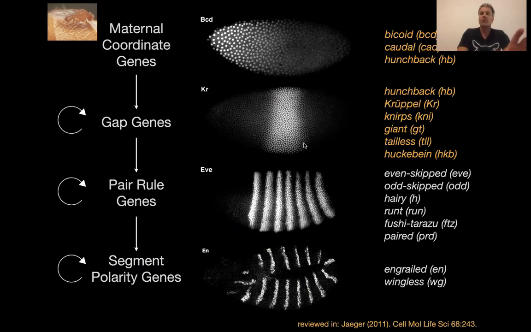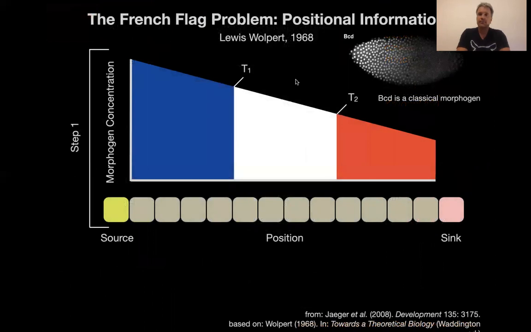I'm not going to go over this, just rewatch the earlier lecture that covers this if you're not familiar with the system. And so what's happening here is that these maternal gradients act as classic morphogens. A morphogen is, in a general sense, a substance that generates form. But in this particular sense, it is a long-range gradient that emanates from some source at one end of a tissue. Here's the head of the fly embryo, and then it diffuses across this tissue where it's degraded at the other